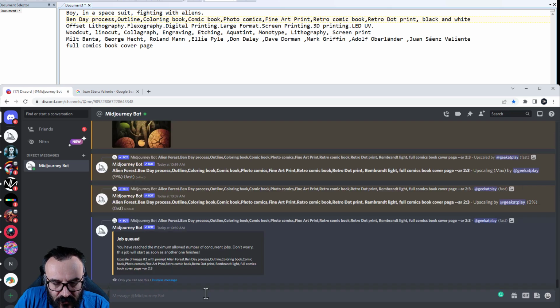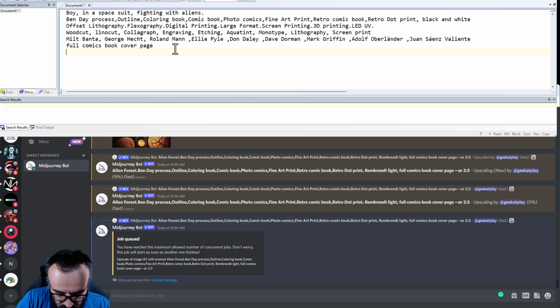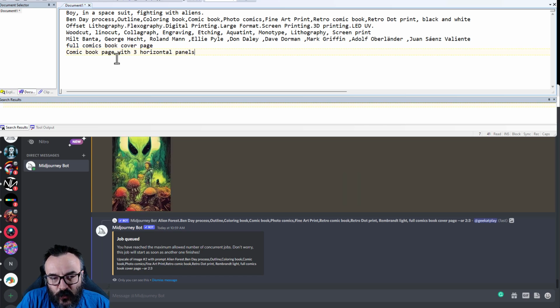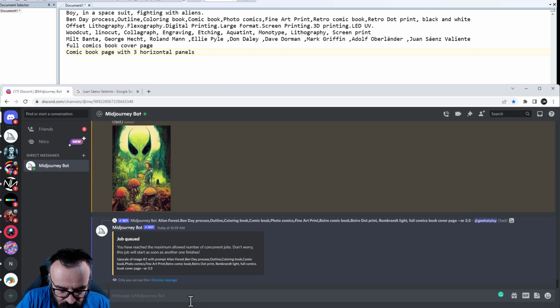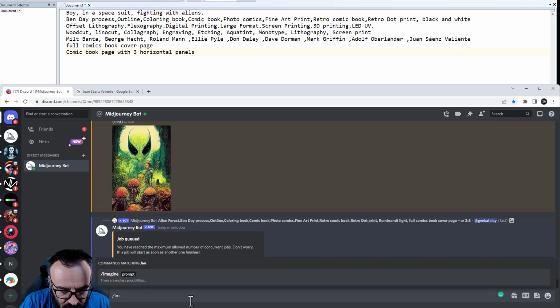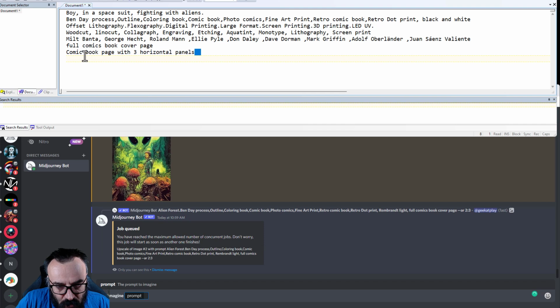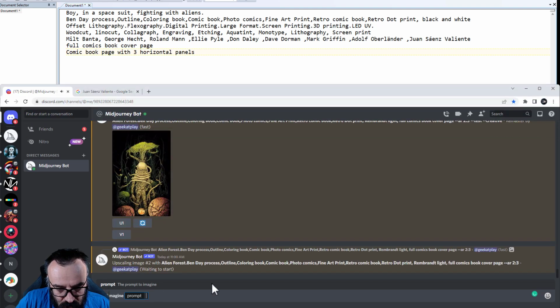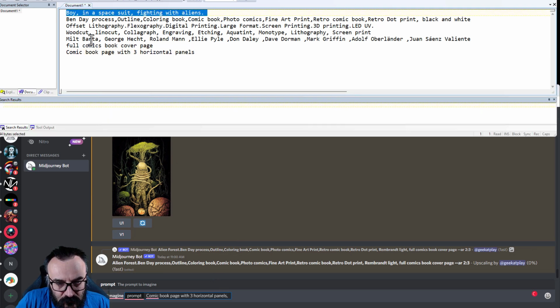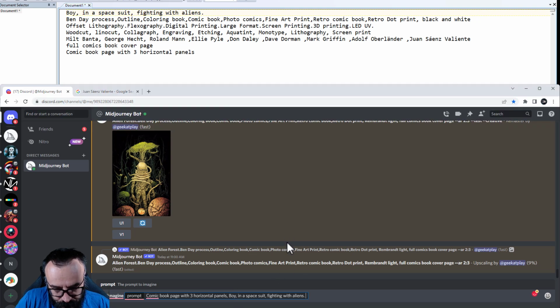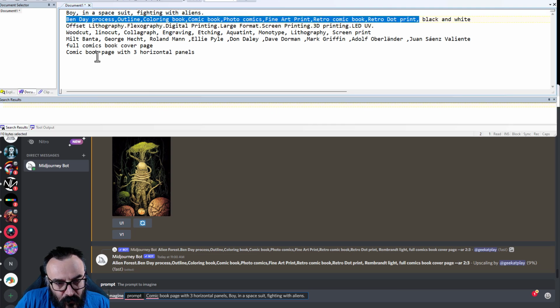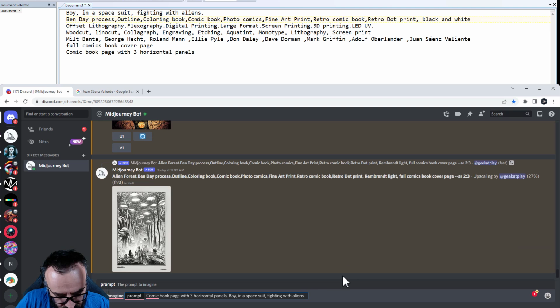Okay, while it's rendering, let's do another thing. What I want to do is use the comic book page with 3 horizontal panels, and we'll do this from the beginning. Remember I told you before, like create panels, create book cover. So if we do this from the beginning, let's copy this one, put it here, and now we'll have our boy in a spacesuit. And next, maybe just grab retro, and by the way, retro will give you an interesting look. So we'll do AR 2x3,